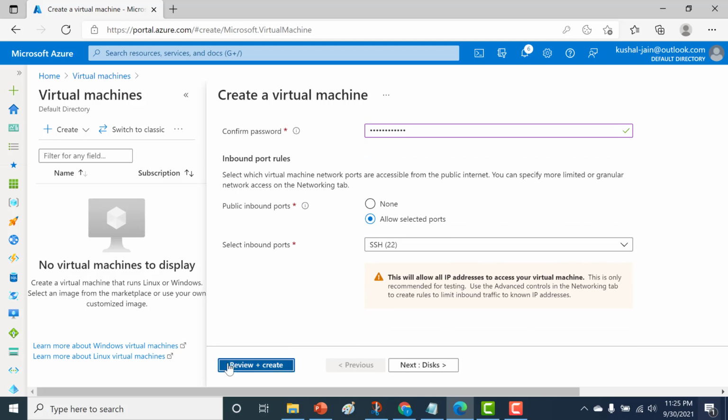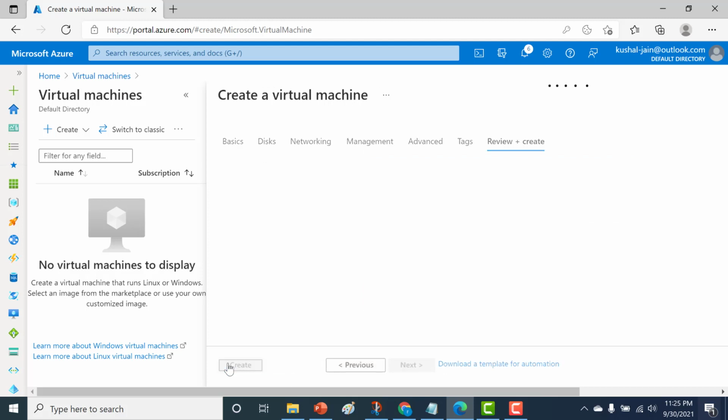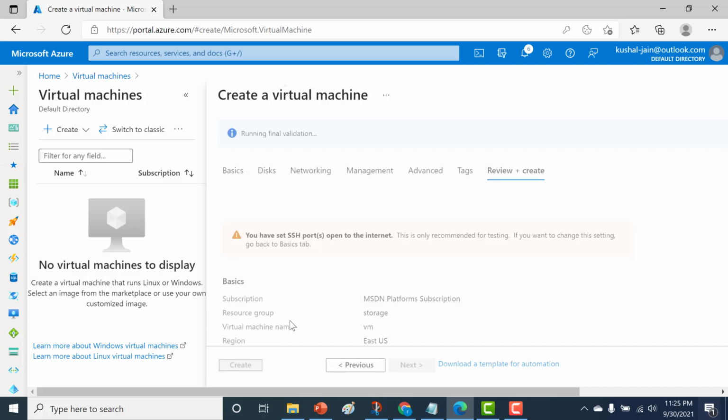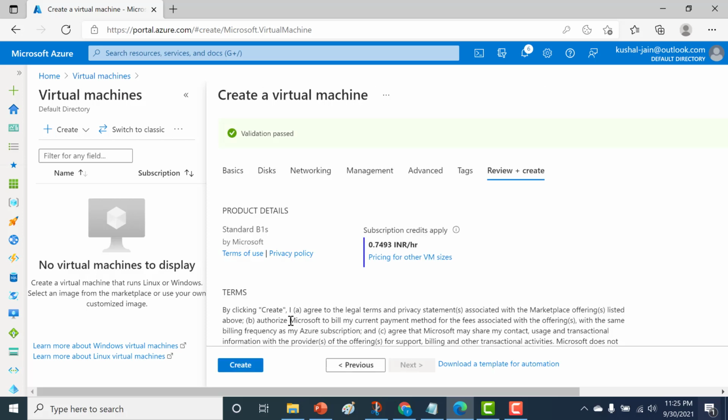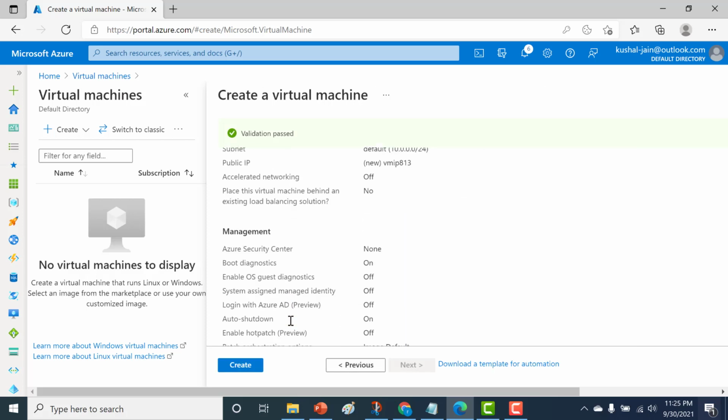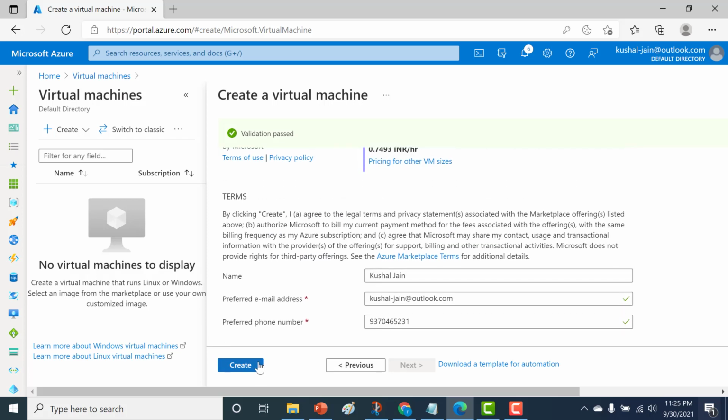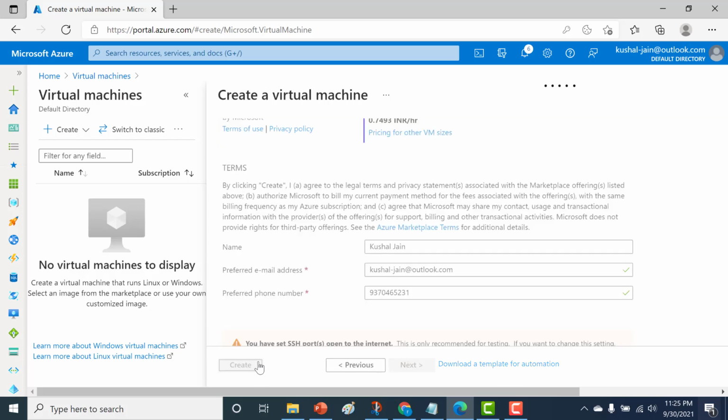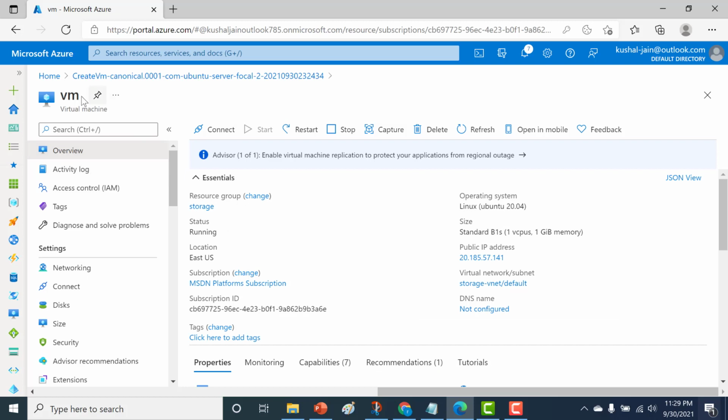And let me click on review and create. So I don't need to add anything extra. So I will just create this particular virtual machine. So everything seems fine. I'll click on create. Okay, so I've created my virtual machine.